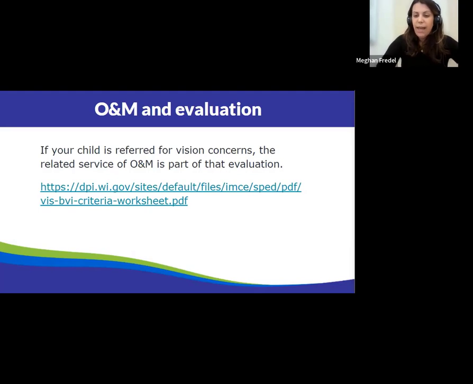Some of the questions that you might ask about orientation and mobility related needs, or any concerns that you might have to share at every IEP meeting, you're going to put in. There's an area for parents' strengths and concerns. Some of the things that you might put in that section are: has the vision changed? Has the school changed? Have any adults noticed a change in mobility,